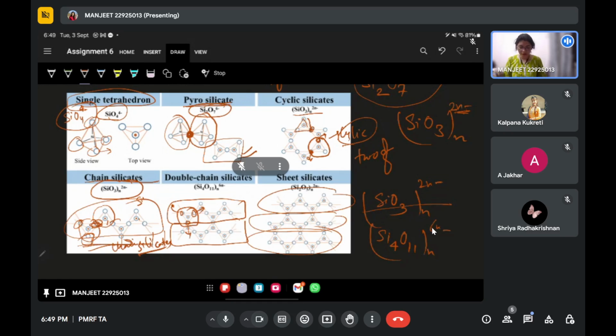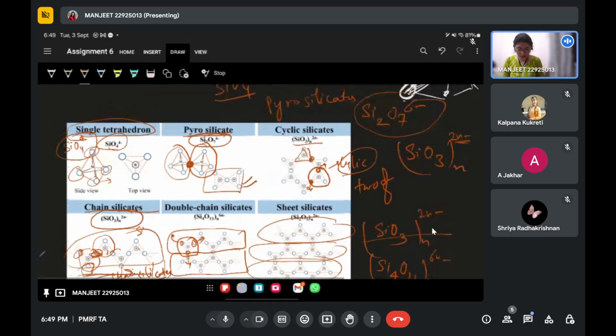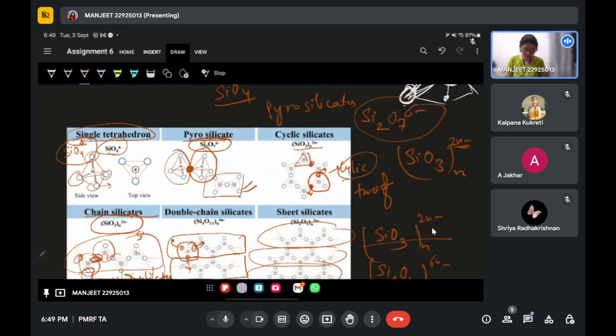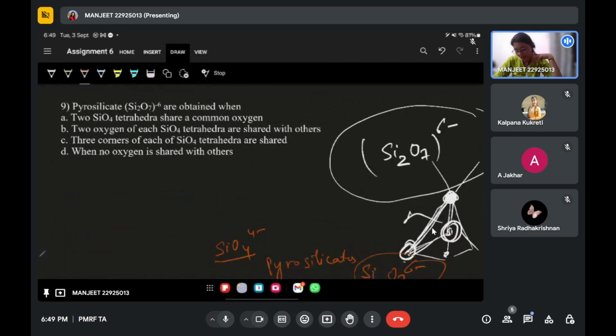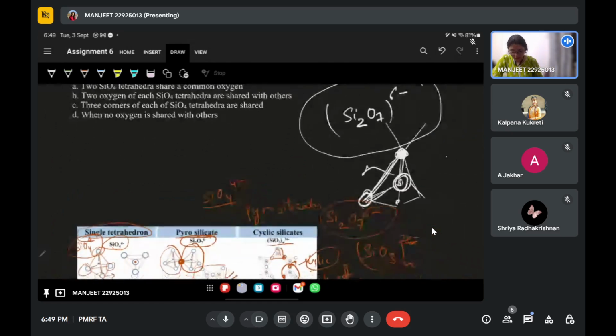So there are different kinds of silicates: single, pyro, cyclic, chain, double chain, and the sheet silicate. Here it is asked, if we have the pyrosilicate, that is Si2O7 6 negative, it will be obtained when two SiO4 tetrahedra share a common oxygen, or two oxygens of each SiO4 tetrahedra are shared with the others, or the three corners of each tetrahedra are shared, or when no oxygen is shared. When no oxygen is shared with the other, that is your